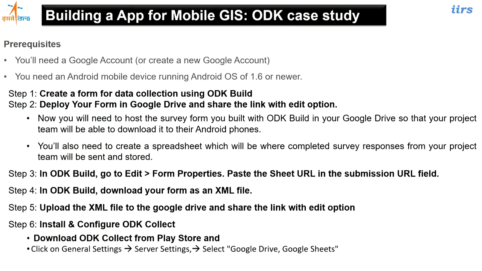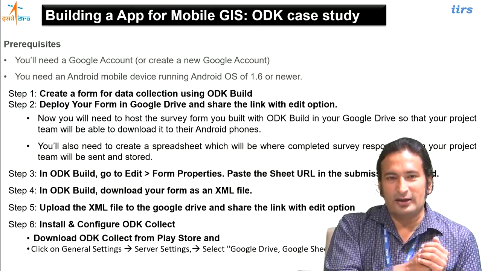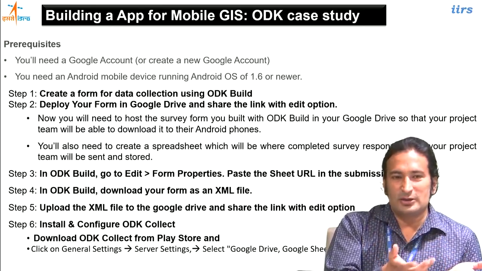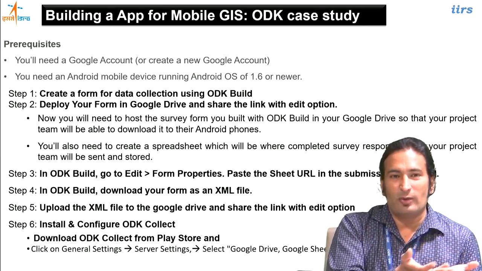So the flow is like this: there is something called a data collection form. ODK provides you one particular application through which we can create the GIS data collection form. Now, how to create that form? First of all, through Excel we can create the form, and that form can be converted to some format which is easily understood by your mobile phone.